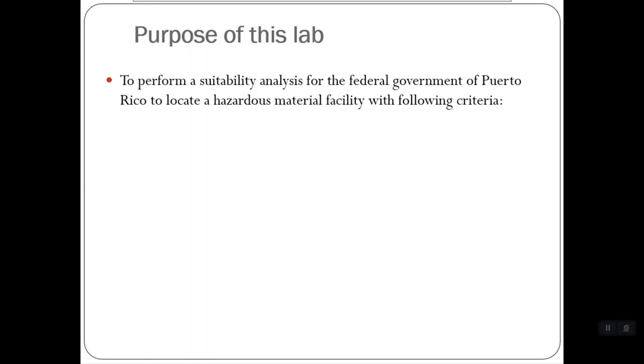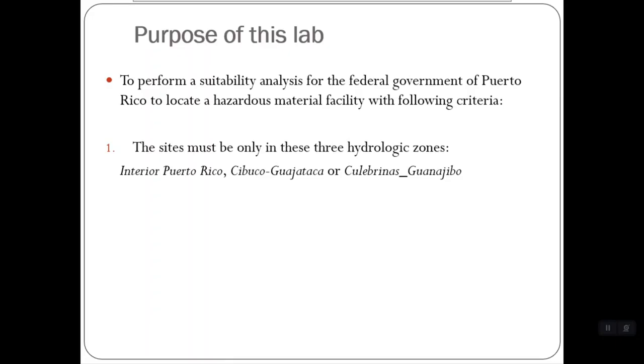Alright, so the purpose of this lab is to perform a suitability analysis for vector data to locate a hazardous material facility in Puerto Rico based on several criteria. So the first criterion is that the site must be only in these three hydrological regions that are in Puerto